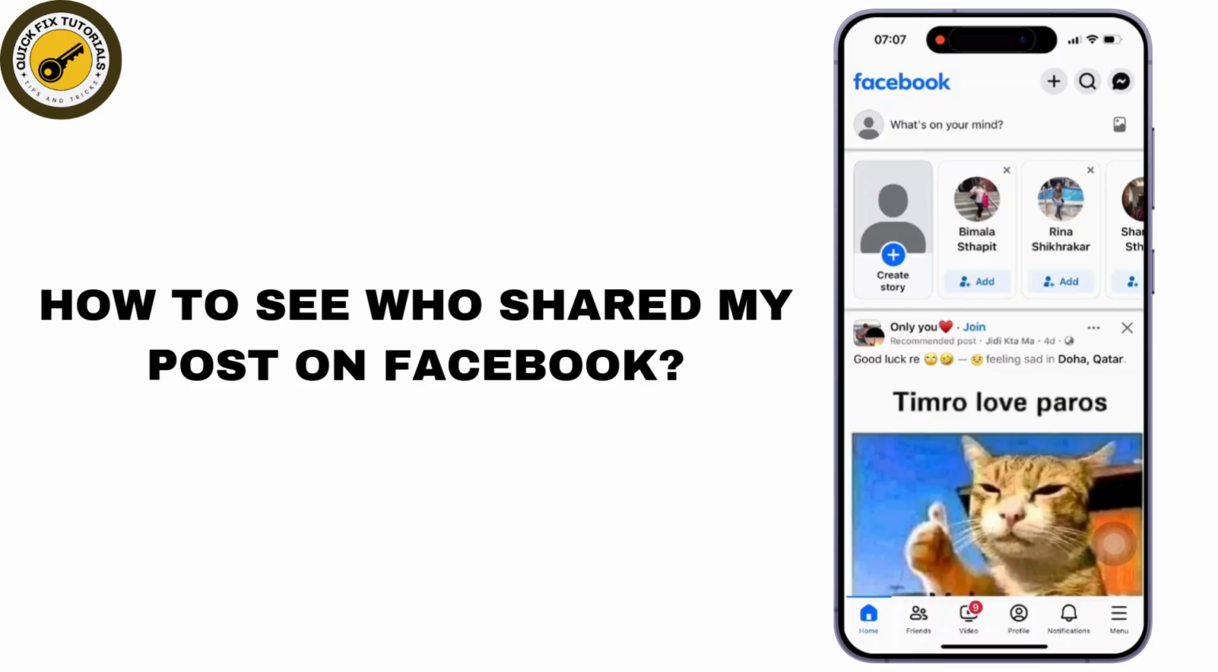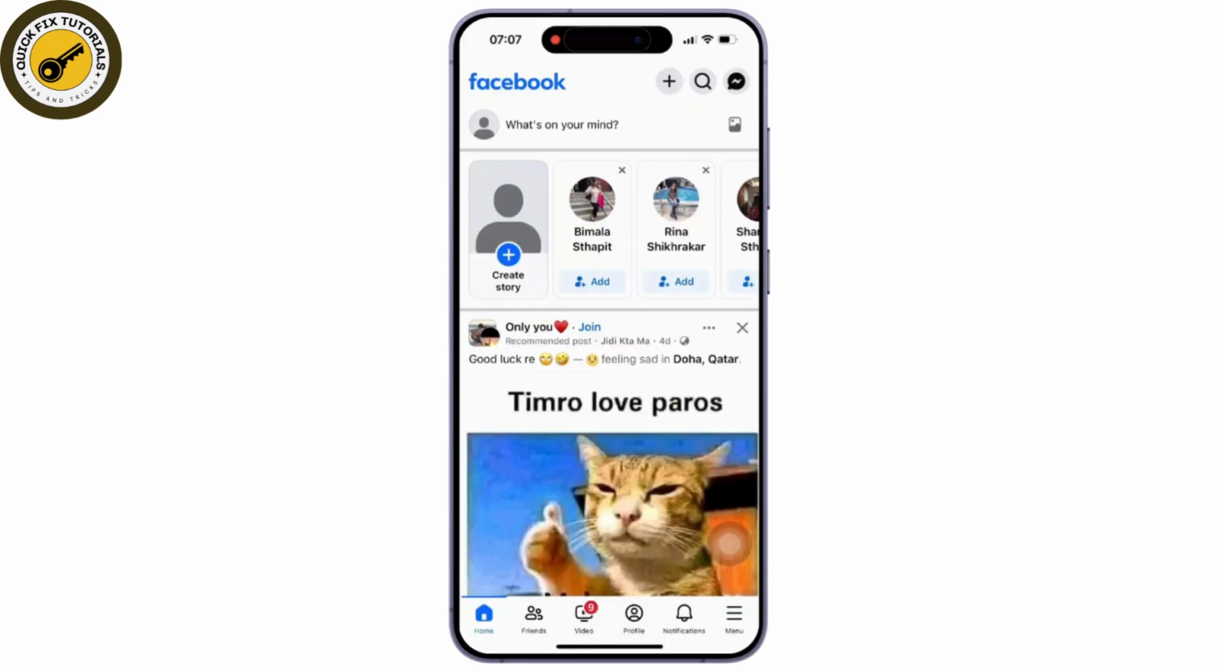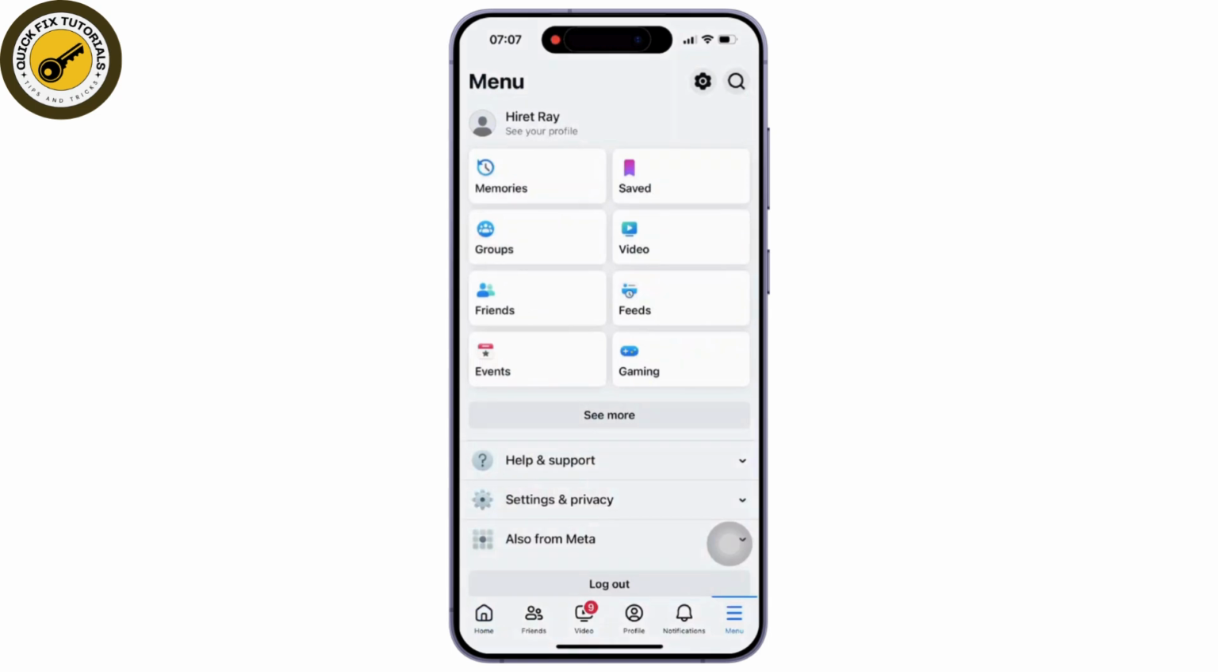How to see who shared my post on Facebook. So let's get started. Firstly, open the Facebook app on your mobile device and make sure you are logged into your Facebook account. Once logged in, tap on the three dashes option available in the bottom right corner of your